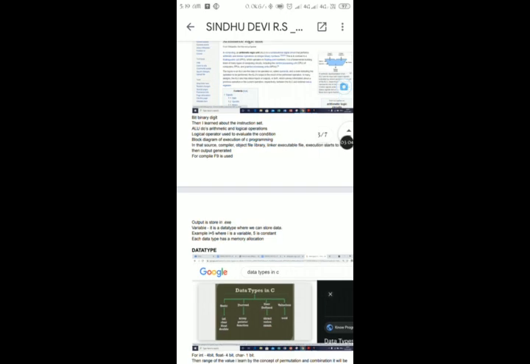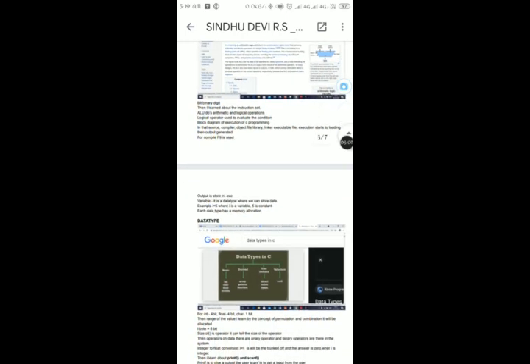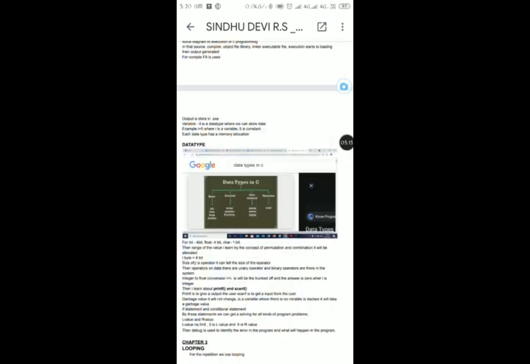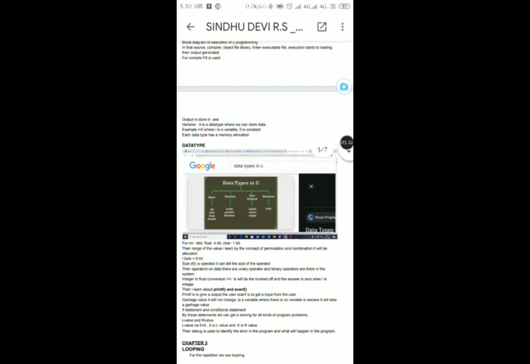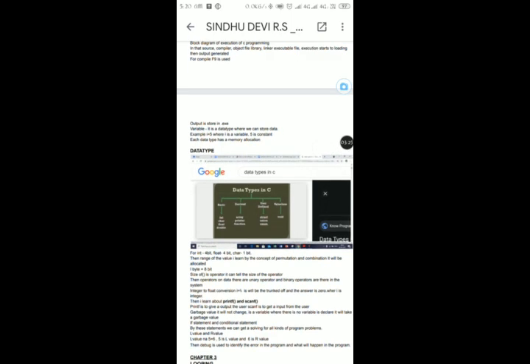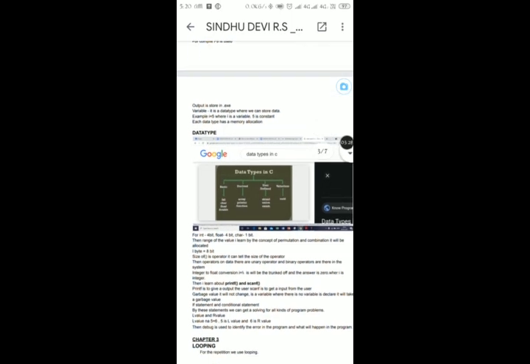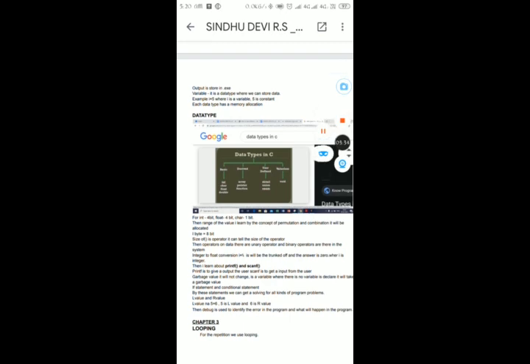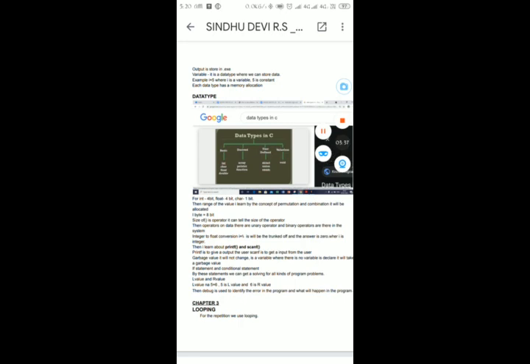Variable and constant in C. Variable is nothing but a named location where we can store data. For example, i equals 5, where i is the variable and 5 is the constant. Each variable has a specific data type. Data types in C: there are 4 data types in C. Basic data type, derived data type, user defined data type, and valueless data type. Basic data types are int, char, float and double. Derived data types are array, pointer, function. User defined data types are struct, union and enum.